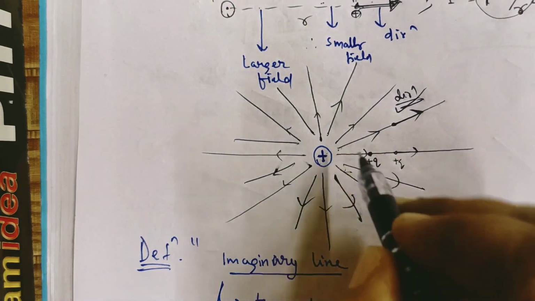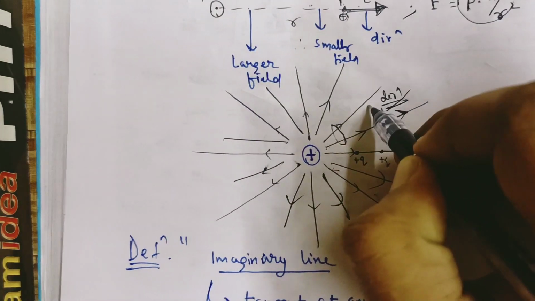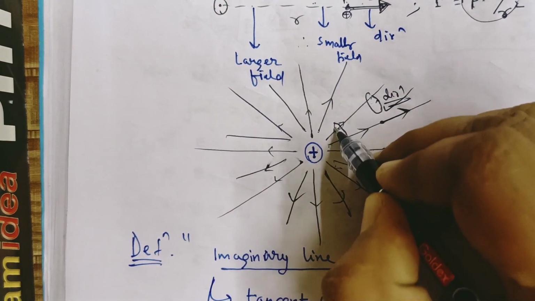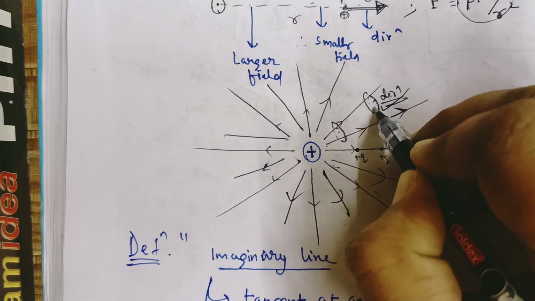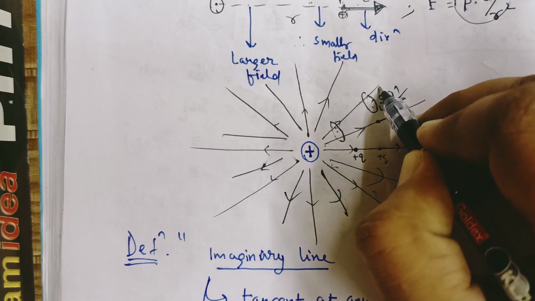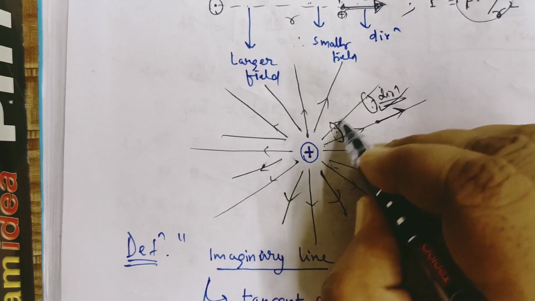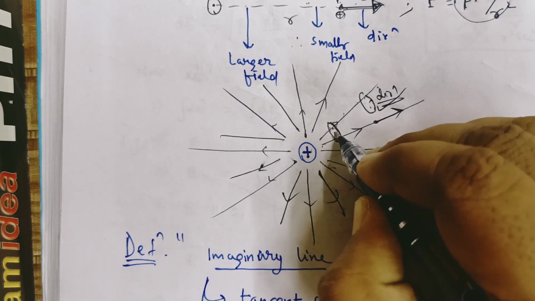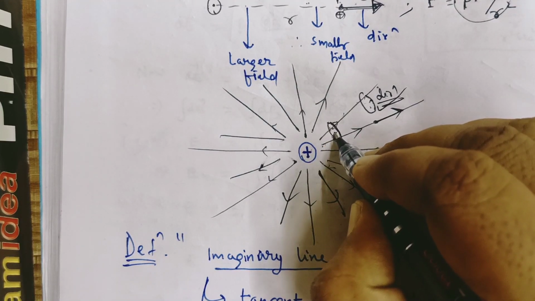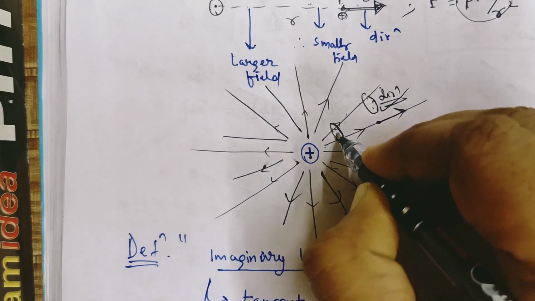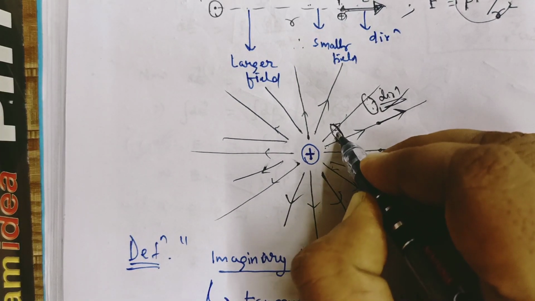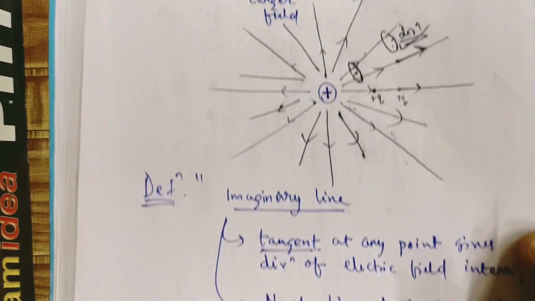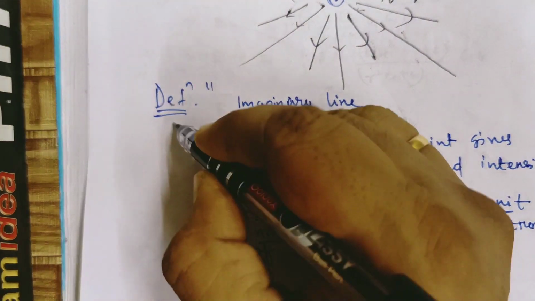And if you compare this region and this region, same area, you see in this area two lines of force are passing. Same area, only one line of force is going. That means the number of lines of force crossing normally from a given area gives the strength of the field intensity. That means the more lines of force, the more field. From this idea, we can set up the definition of electric lines of force.